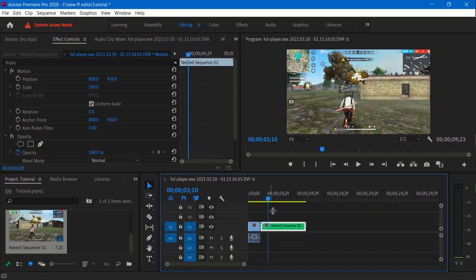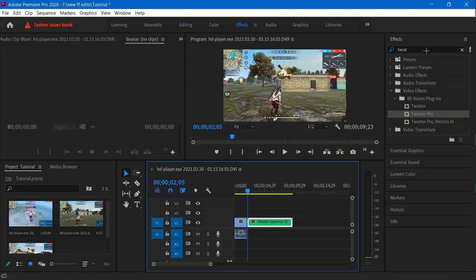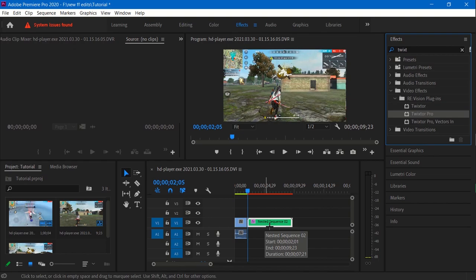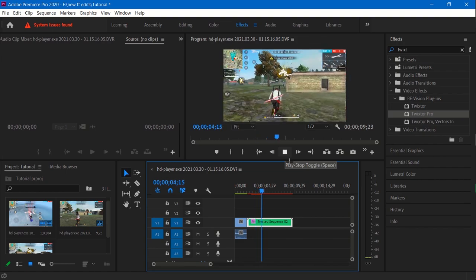What you want to do now is go into your effects slot. So this is where your effects is here on top middle. So you press effects, tutorial, effects, and then in your effects panel you can type in Twixtor Pro. So I've already have it here. This is where your effects will show. You drag this Twixtor onto your clip. So if I press play, it's not going to show any effect yet,